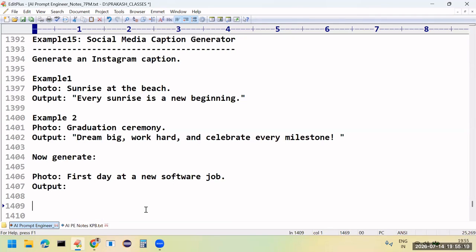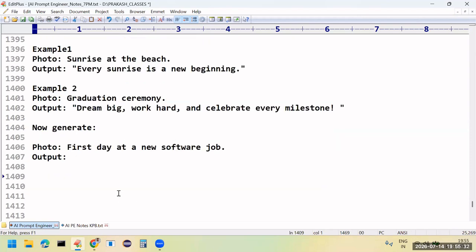Now these are some 15 examples we went through to learn how you can write prompts. Let's conclude these things. The main point here, sir, is that it is the most commonly used in production.